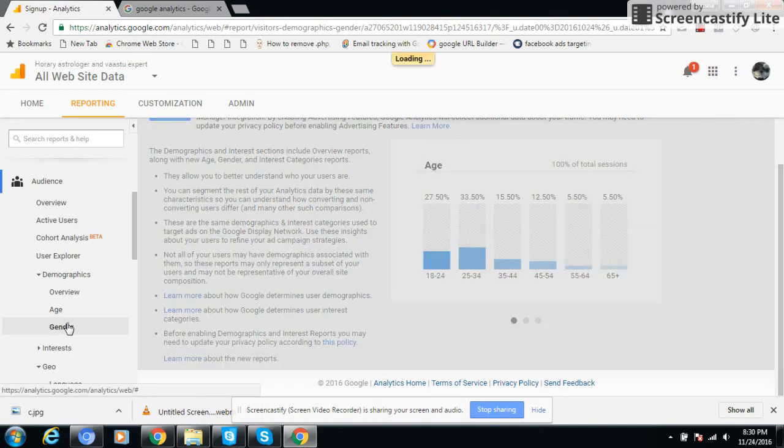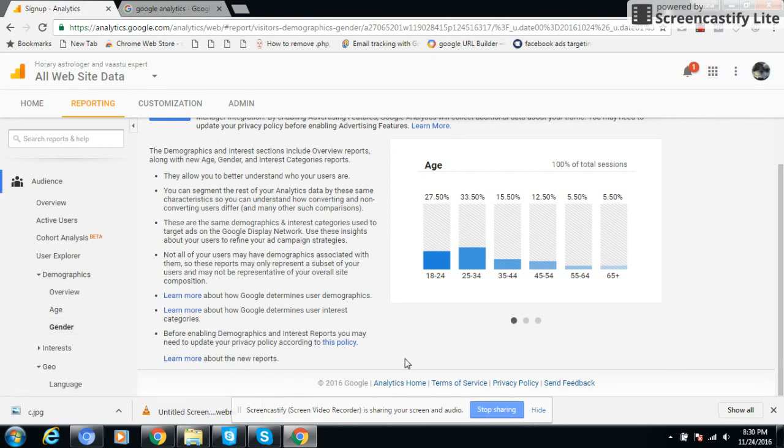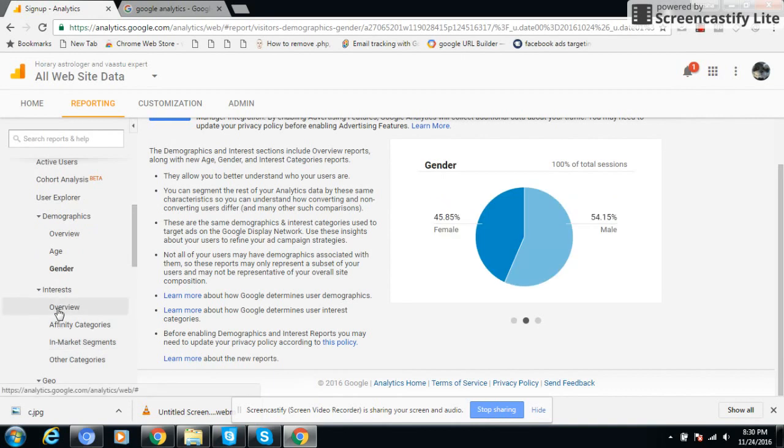The gender, male, female. Yeah, the interest. Let me show you. Yeah, this is the gender overview. Okay, 45% female. They are also in big numbers. So I should optimize the content for this particular audience and retain this audience, 54% male. That means I can add new images, new content, new video, or add new graphics or elements appealing to this particular audience. Okay, I can win over them, even female and male audience. So it is pretty self-explanatory. Sky is the limit. You can tweak the website the way you want.